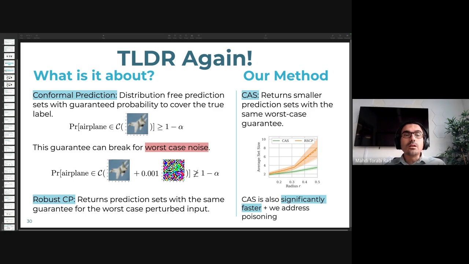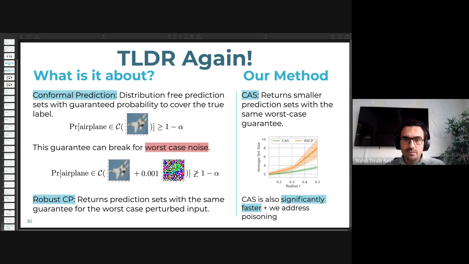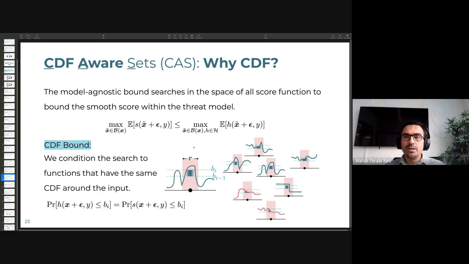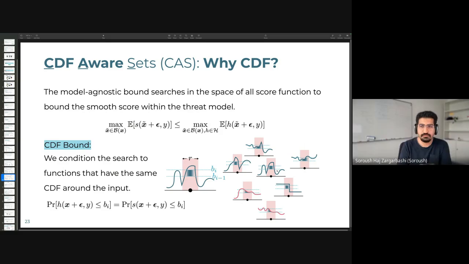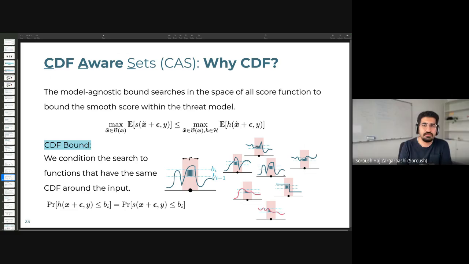So I didn't quite understand how you calculate the lower bounds. Okay, the upper bound was clear. You assume some circle around the true label. You can use the radius of that circle to calculate an upper bound on conformal scores in the presence of noise. But then the lower bound was not clear.